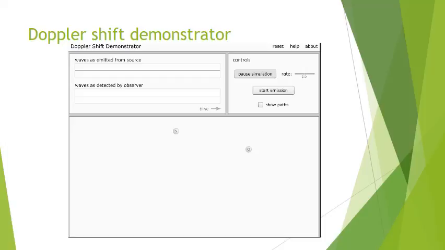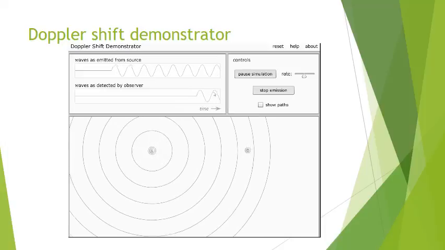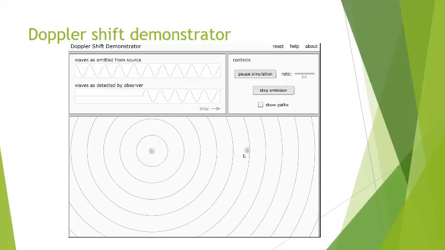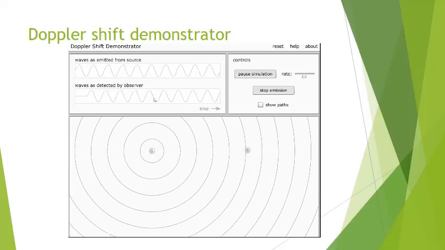Okay, so here's a way of demonstrating the Doppler shift. We have a source labeled S, and we have an observer. I'm going to spread them apart a little bit here, and now the source is obviously going to be emitting a wave. Notice my source has started to emit a wave, and that wave is now traveling to my observer. We can see the wavelength of the wave that's received by the observer. In this case, when the source is stationary with respect to the observer, the wave detected by the observer is the same wavelength and therefore the same frequency.